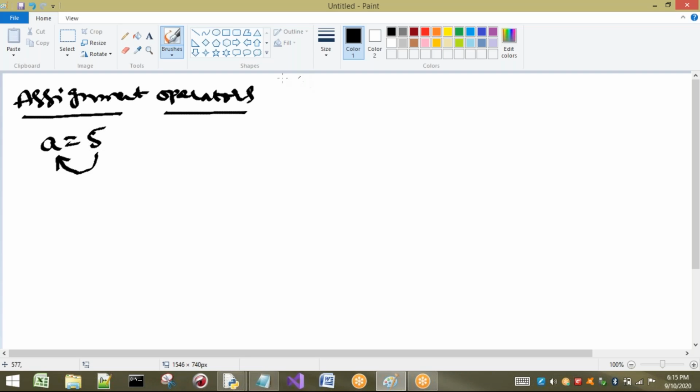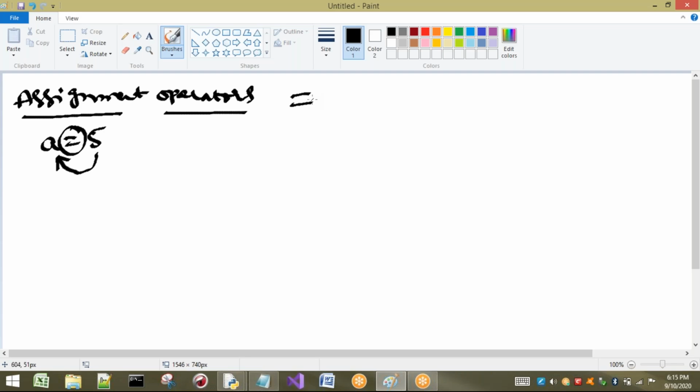It is assigned because of this operator. So equal to is called the assignment operator. It is not double equal to, it is single equal to. Double equal to is different and single equal to is different.